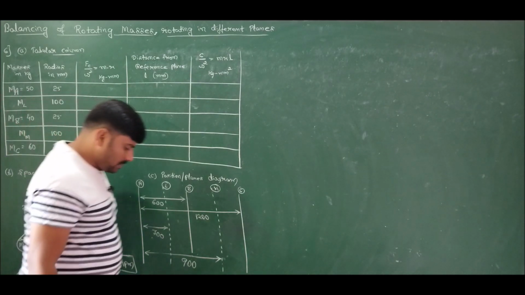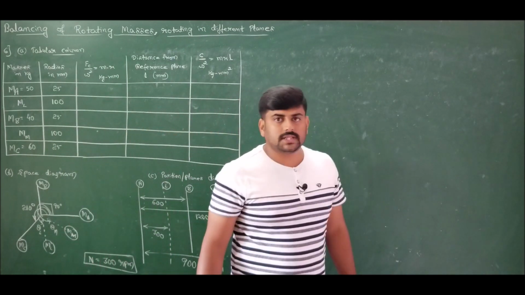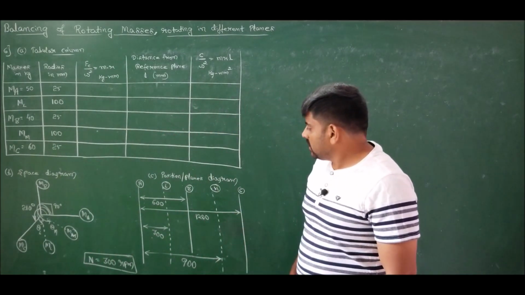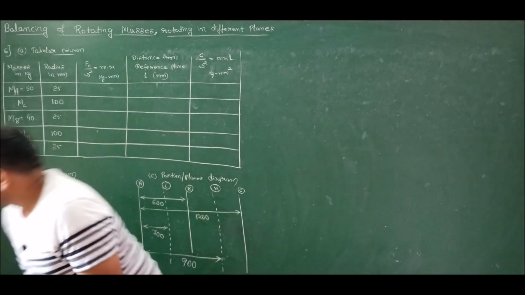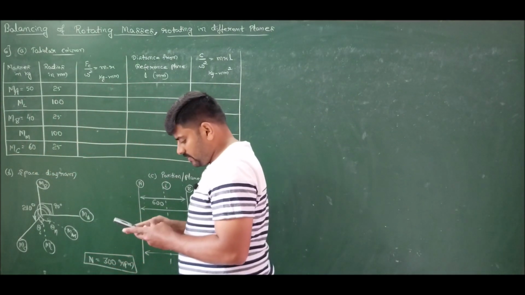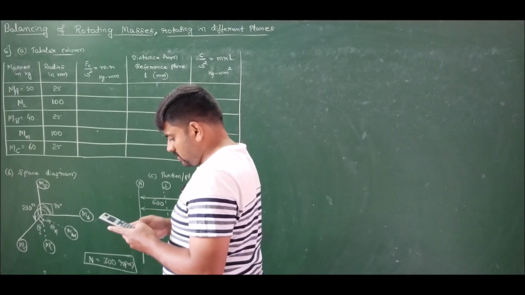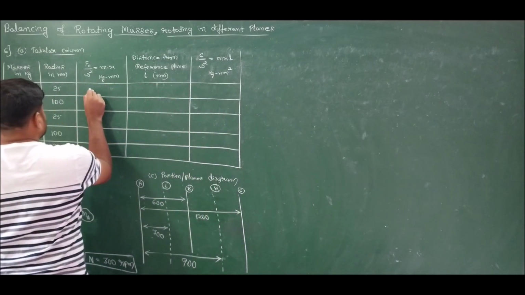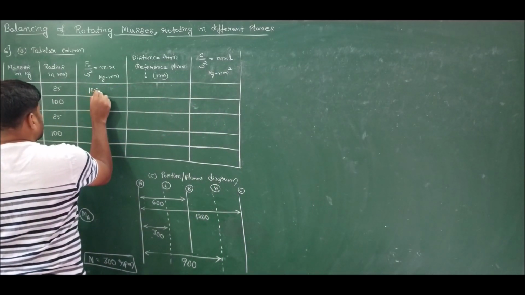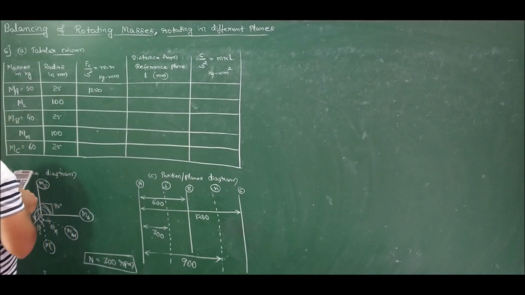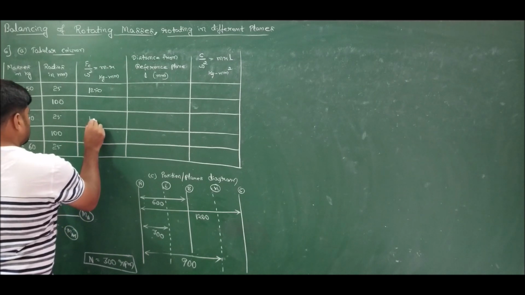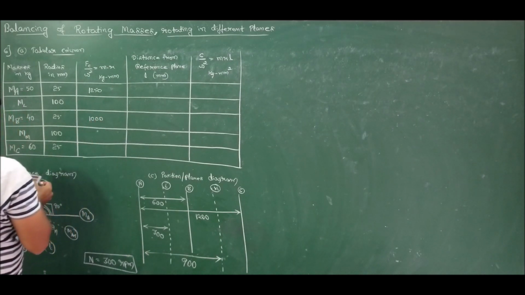All are measured from positive x-axis in counterclockwise direction. Now in order to solve this, let us complete the tabular column. That is 50 into 25, which is 1250. Next we have 40 into 25, which is 1000. 60 into 25, which is